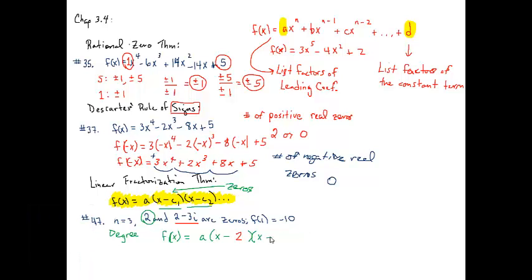So this is x minus 2 minus 3i. And I'm using parentheses because of that minus minus. You have to make sure you distribute it, so I'll do that in the next step. And then the last factor is x minus. Now the rule is, if an imaginary number is a 0, its conjugate,